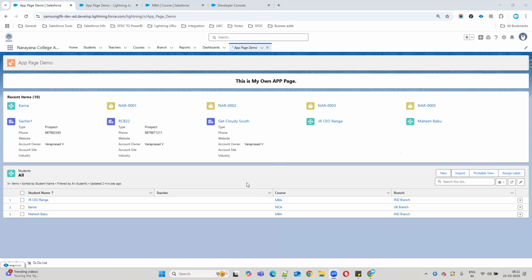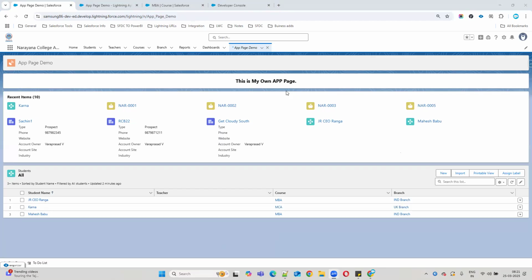Custom home page application, sir. We can add what we need. Yes, correct. So app page is nothing but one type of page. In that page, you can add all the components based on the requirements. For example, you are working with 4 or 5 components frequently. All those components you can put in one place. You can use that app page.